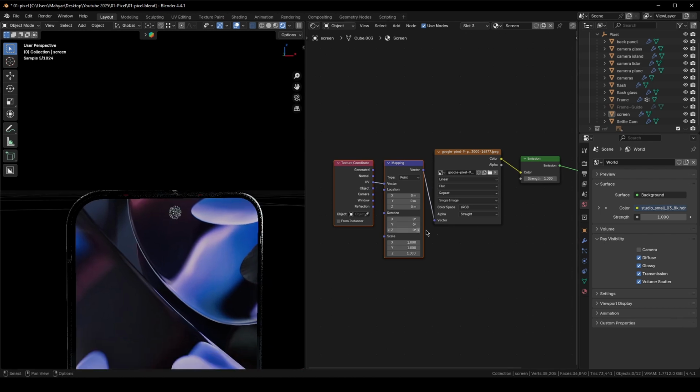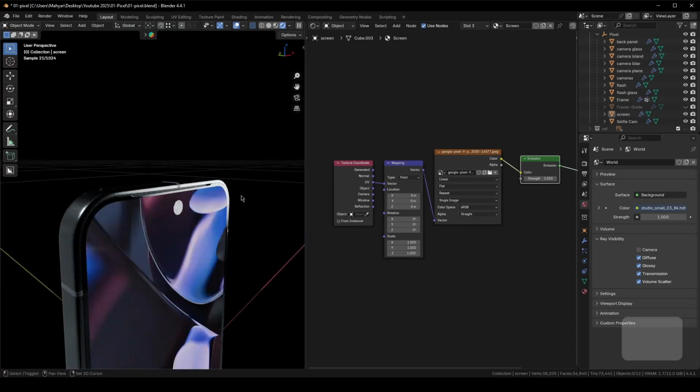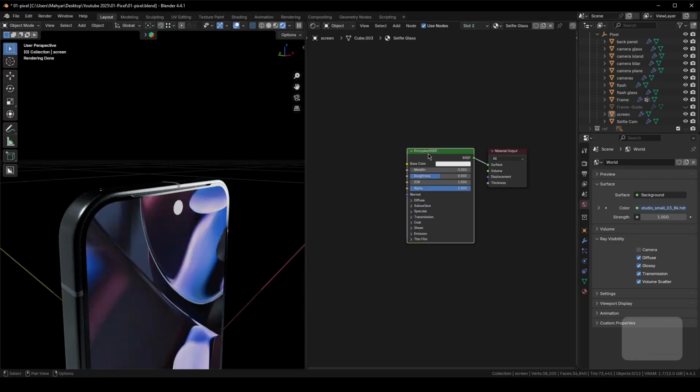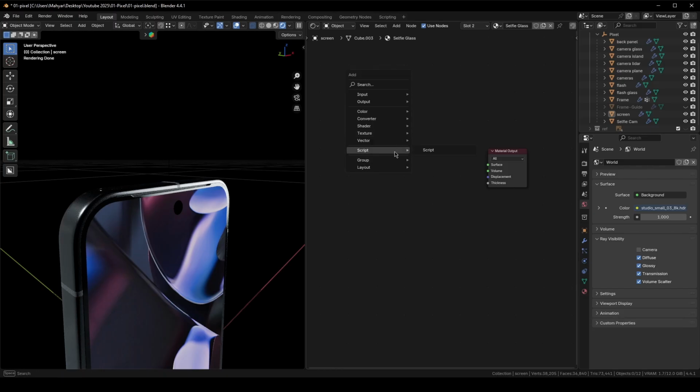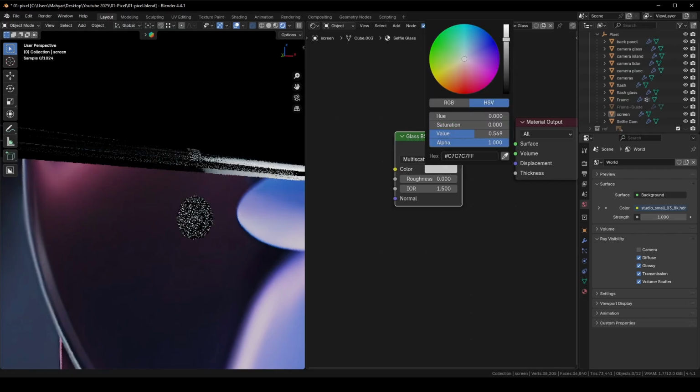I can change the emission strength to, for example, 1.5. And for selfie glass, I can simply add a glass shader. I can make it a little bit